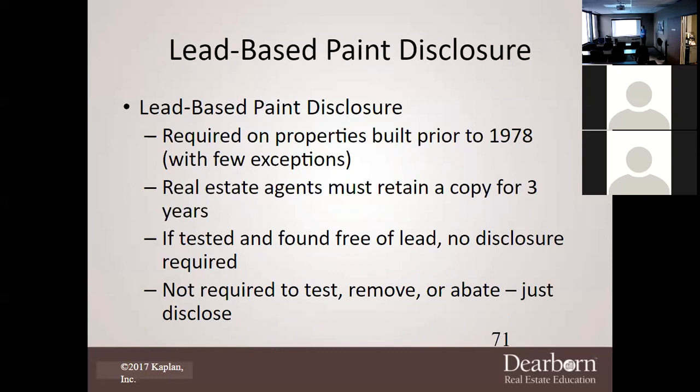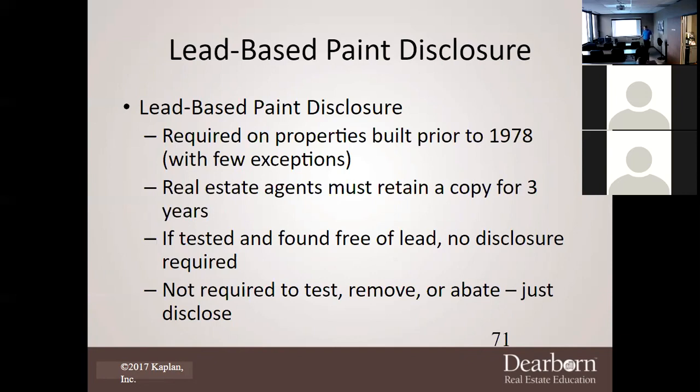All right. Lead-based paint disclosure. Now, all my agents that are here right now, the lead-based paint, that's not going to be on your test, right? 1978. Yeah, 1978 ain't going to be on your test, right? Oh, yeah, well, it will? Aiden, it wasn't on yours, right? Sure was. It was on both of them. Now, not Stefan's. I know it wasn't on Stefan's. He just got it wrong. He put 1976. No, 1776.